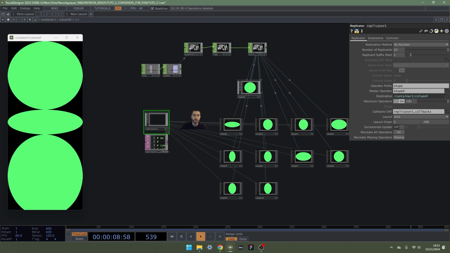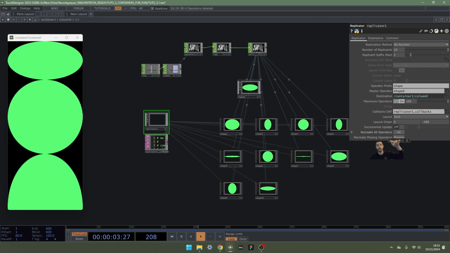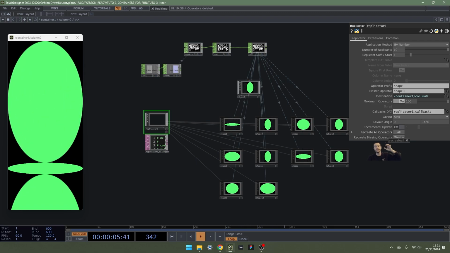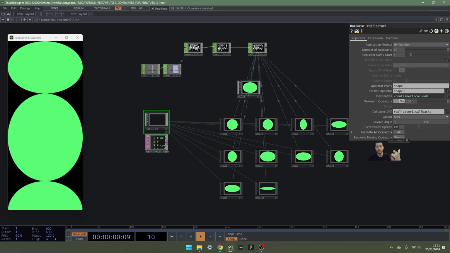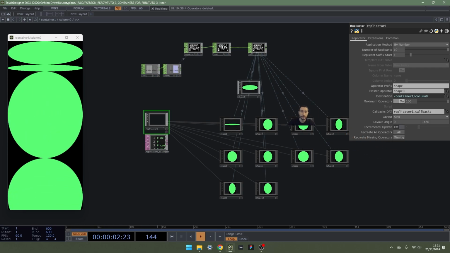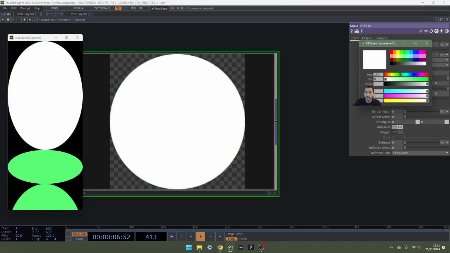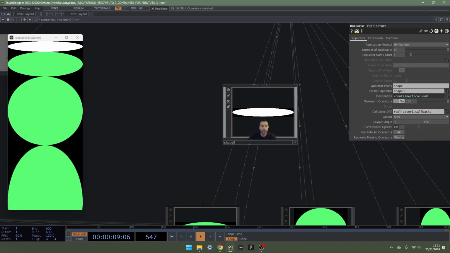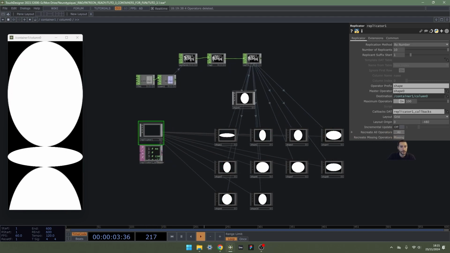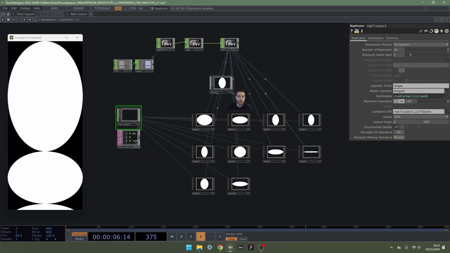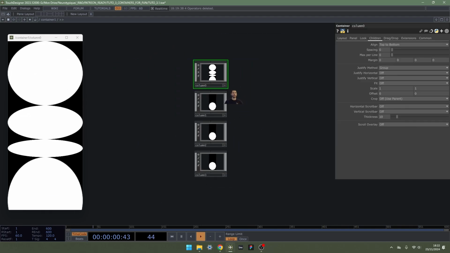So if you want to have a reset button, you can create a hotkey, like with keyboard in, and say when I hit 1, recreate all operators, or with a button on an interface you're creating. I'm going to undo this, back to white, same, it doesn't update. So what I do is replicator, recreate all operators. So nice, now we have our first column.